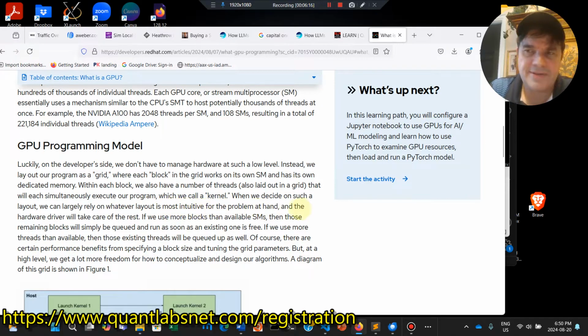So that's similar to the Linux kernel, I guess. That's what it sounds like. When we decide on such a layout, we can largely rely on whatever layout is most intuitive for the problem at hand, and the hardware driver will take care of the rest. If we use more blocks than available SMs, then those remaining blocks will simply be queued and run as soon as an existing one is free. So when it comes to HFT, if you read that book again at quantlabsnet.com